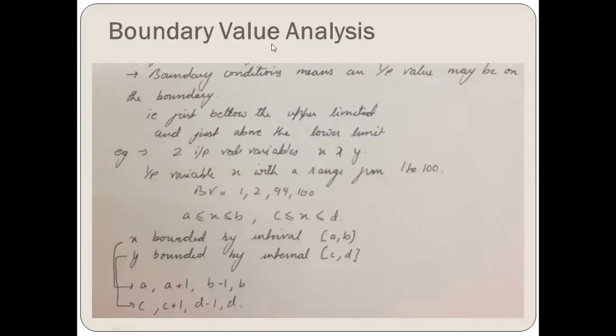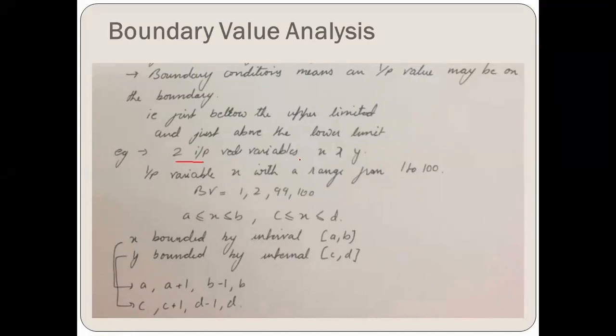What is boundary value analysis first of all? See, the concept is, I have taken the example itself. In this, boundary conditions are checked. That means whatever the input values are to be given, we are not only going to give the correct inputs, we are going to check the output at different input values which are wrong, which are invalid also, because maximum errors lie at the boundaries. How? Let's see the example.